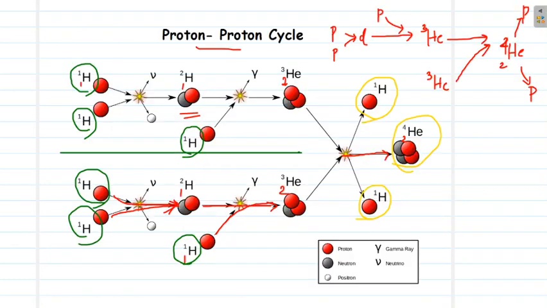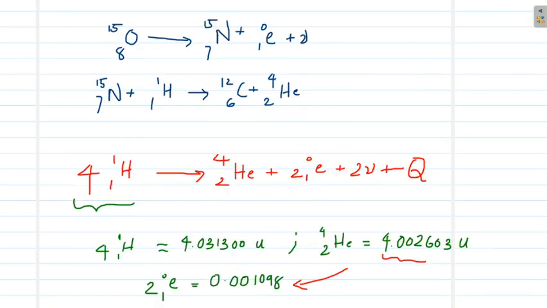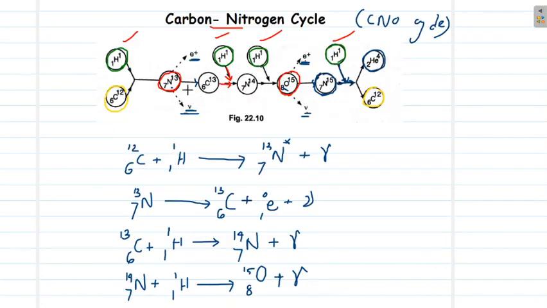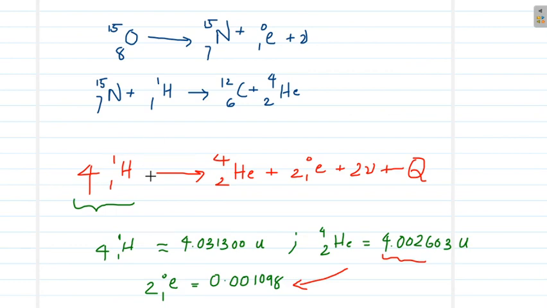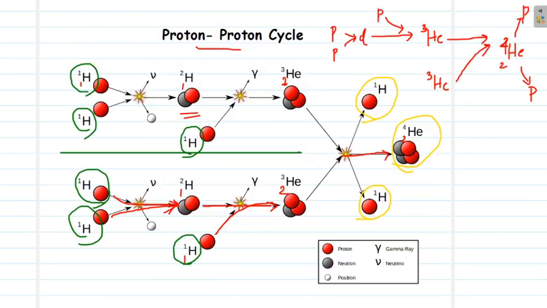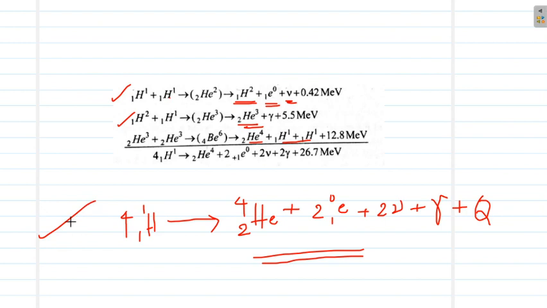So the same process is happening in the CNO cycle and the proton-proton cycle. The only difference is that in the CNO cycle, in the carbon nitrogen cycle, carbon is acting like a catalyst in between the reaction. The overall reaction is just 4 protons combining to form a helium, and in the proton-proton cycle, the protons are directly involved in the reaction. The overall process is just the same as in CNO cycle.